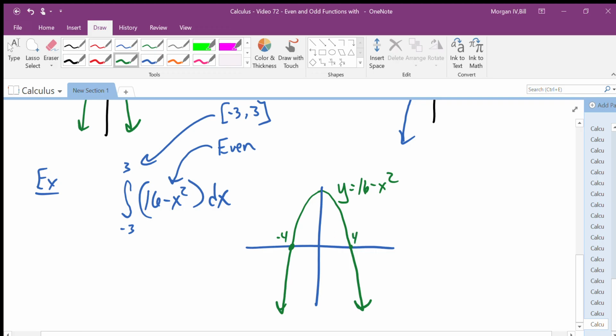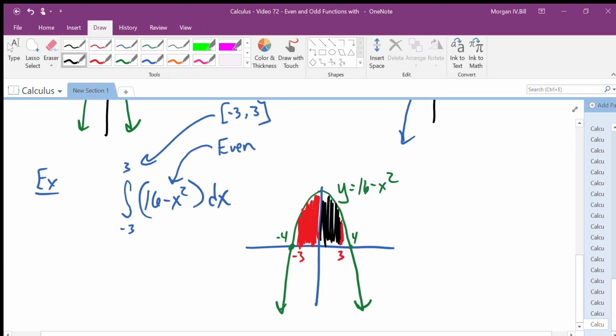We're going to look at this from -3 to 3, and so -3 is about right here, and +3 is about right here, at least somewhere about there. And so what I want to think about here from -3 to 3 is that the area on the left of the y-axis in red here, and the area to the right of the y-axis, say in black right here,